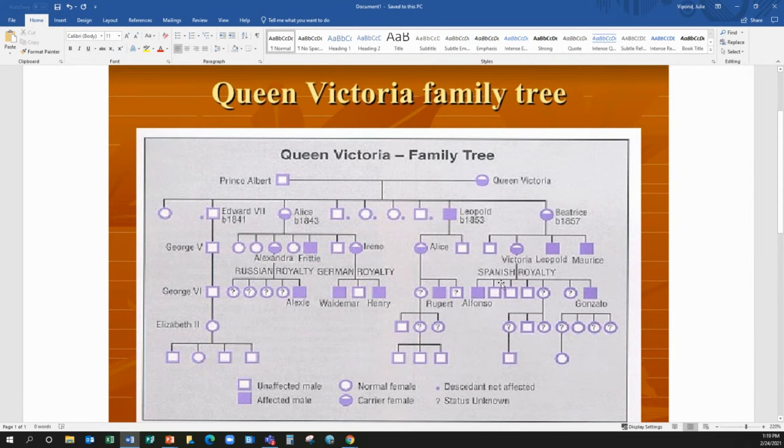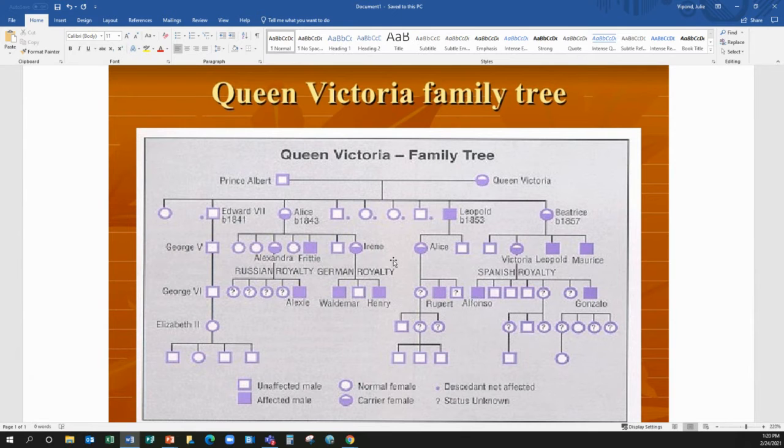Then you have Victoria, who marries into Spanish royalty, and Beatrice, who marries into Spanish royalty, and one of these princesses marries into the Portuguese royalty. So they pretty much cover it all, right? They have all of these siblings that are kings and queens, and czars and princesses and czarinas. Now, what this also dictates is the bloodline of hemophilia. So while she may have been the grandmother of Europe, she also spread hemophilia.